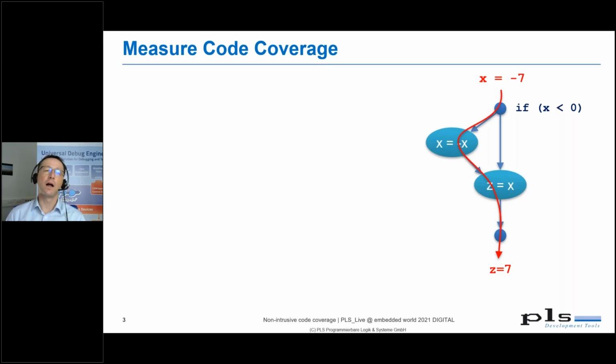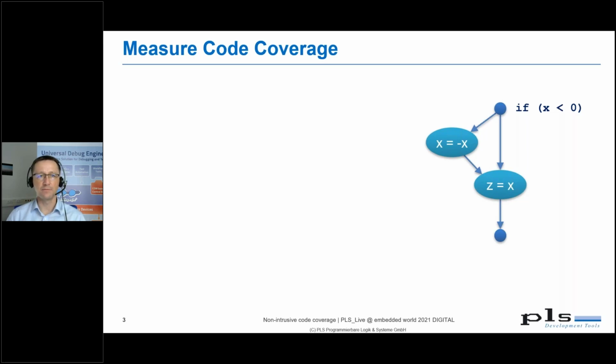If you look at the graph here, the so-called control flow graph, then you will see that there is an edge not executed. This is the fall-through of this if statement here. So if you want to make sure that also this not-taken path is triggered by the test, we need another test case. For example, if we provide 7 as the next